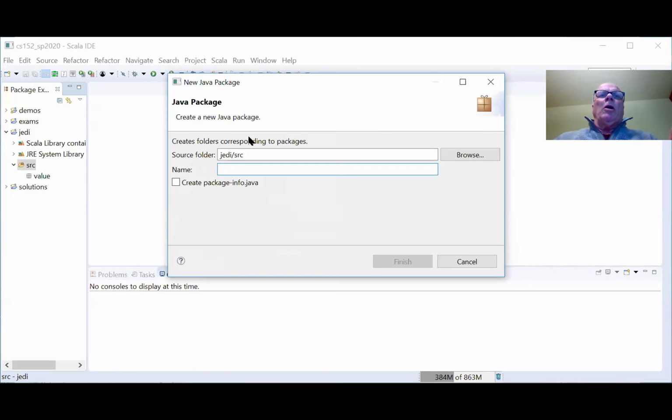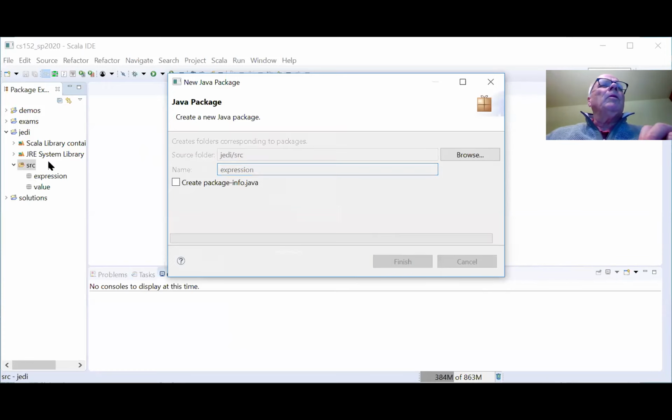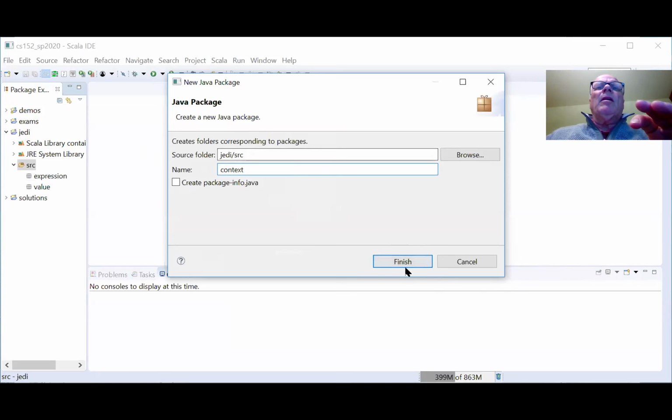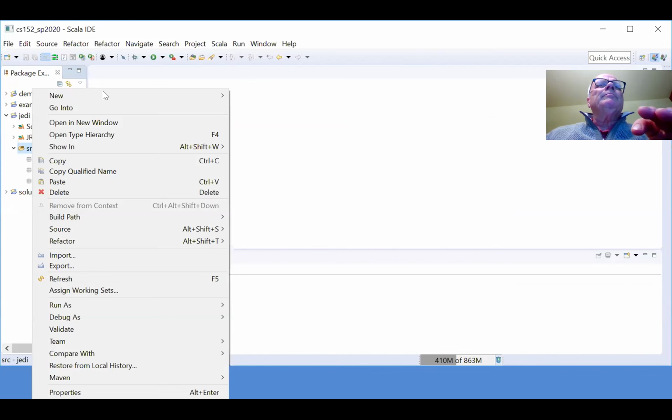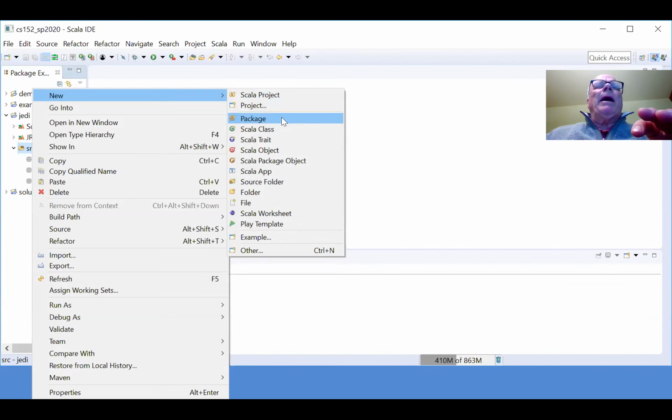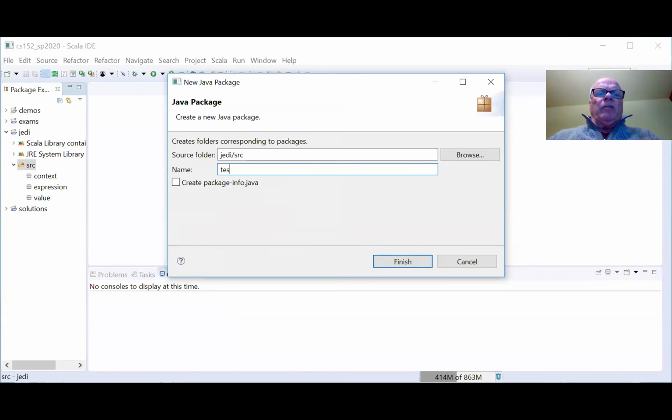Another package called expression. Package called context. Package called tests.